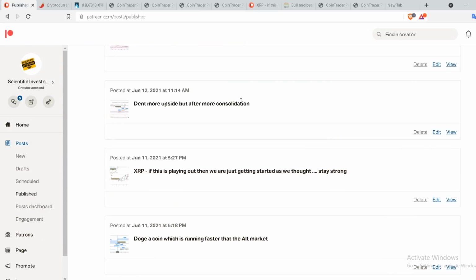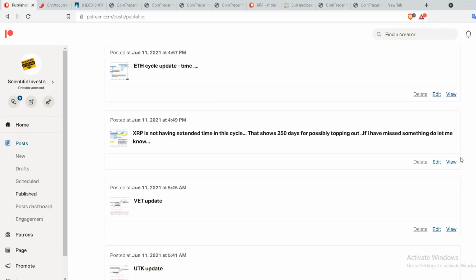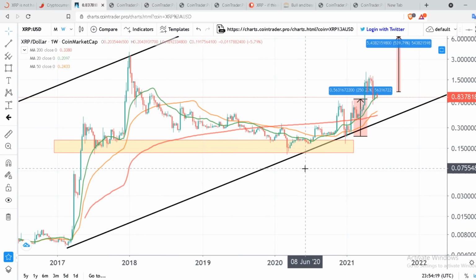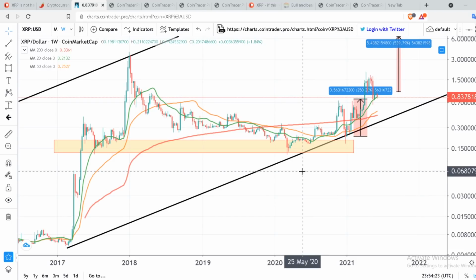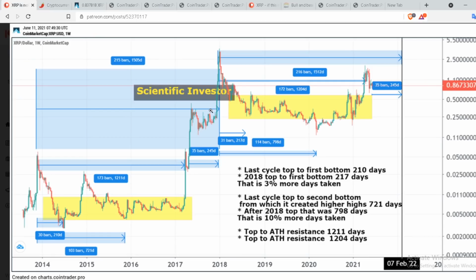Because if you remember, recently I showed you the entire market is moving like this in the altcoin series, and then we actually saw that the altcoin market was like 30% more than the last market cycle. And I told you there are assets which are moving less than that. So here in this particular chart, which I posted for my patrons before, you can actually see this. Compared to the last cycle, XRP is doing great this cycle. Meaning we have already moved higher in wave 1, where we were really slow last time.